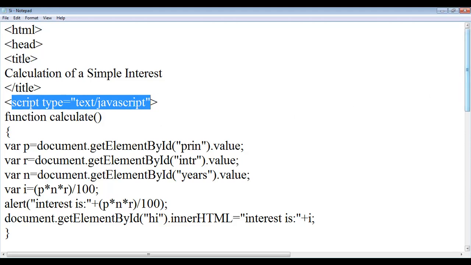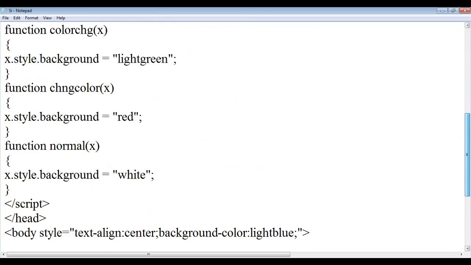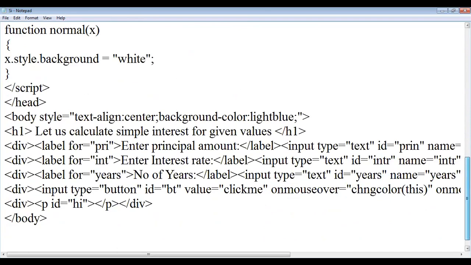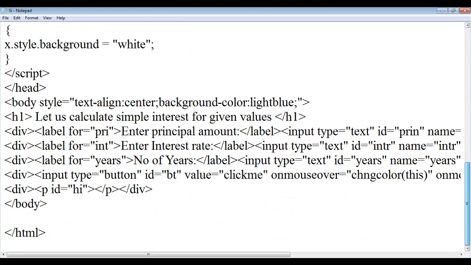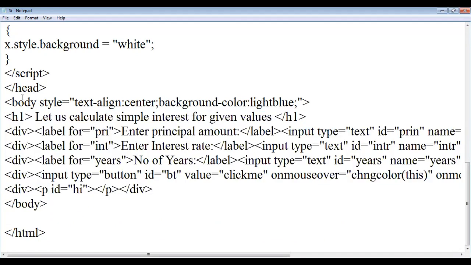So now before writing the script, first you should know what tags you are using in the HTML page. Whatever static content you have to write, write within the body tag only. Okay, clear? Before writing the script, first you have to define the body tag, and within the body tag you have to specify what elements you are using. All those elements you have to specify within this body tag only. Okay. So first one I want to use is the body tag.